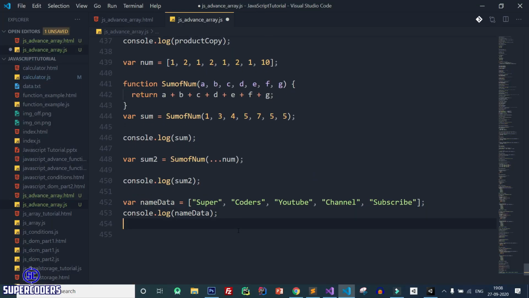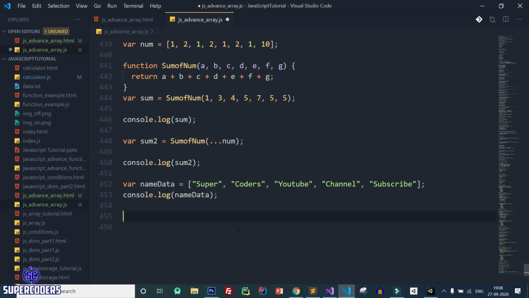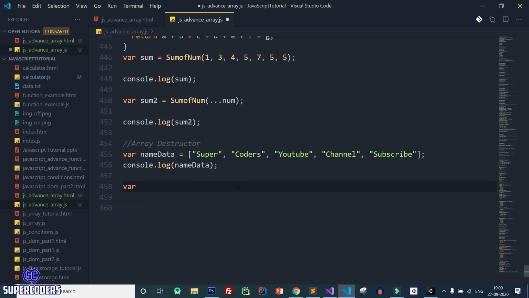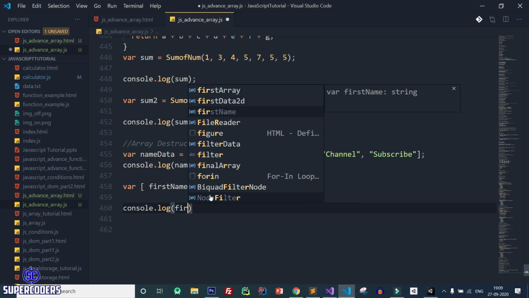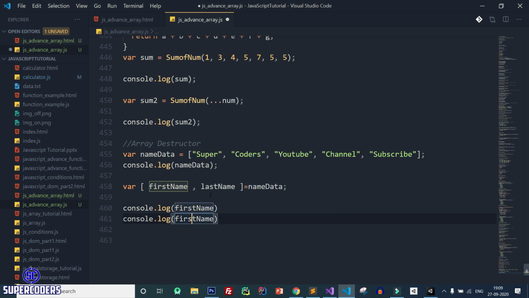But let's see one more important thing, array destructuring. Simply add the array brackets like this. After that, first name comma last name equal to name data. Save it. console.log first name, then last name.